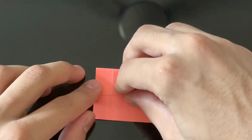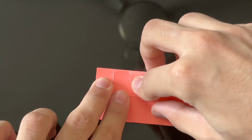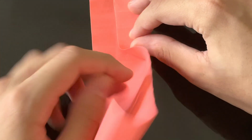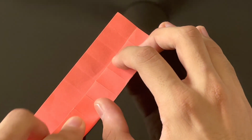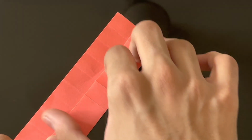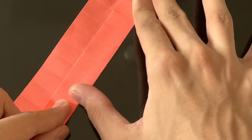You can see this line matches with this line and this matches with this. You keep doing that, and then that's how you're supposed to fold. You make sure all the lines are together. So make sure this line intersects, I mean, this should be one line. It should look like one line when you're folding it. And then for all 16 of them,